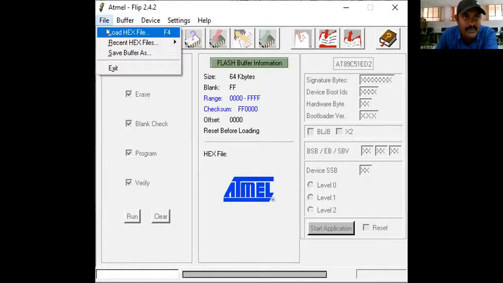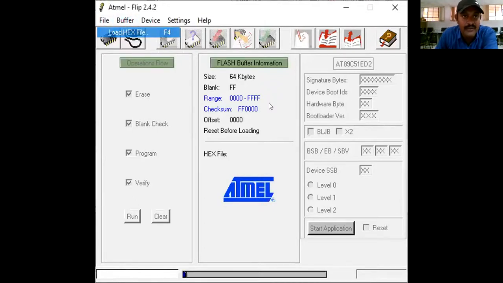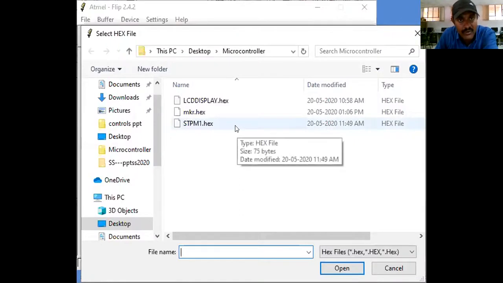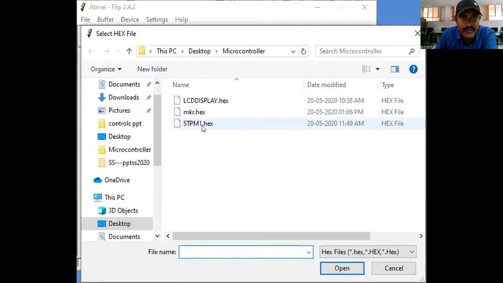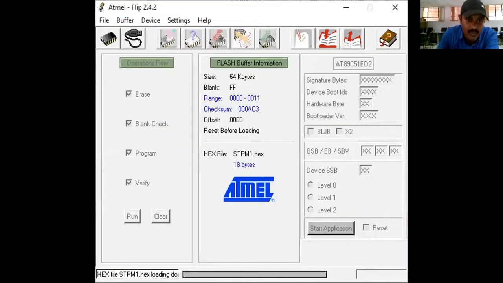Then okay. Next, what file do I need to transfer? Yes, I need to transfer the X file. We need to transfer the X file to the target board. Okay, through what? This USB cable as USB RS232.